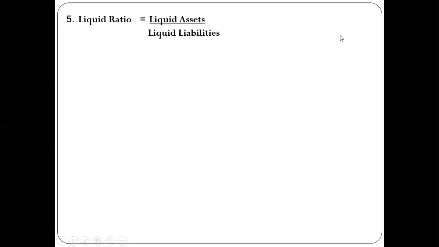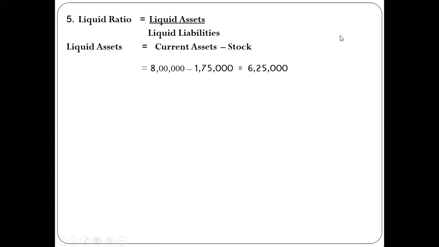Liquid ratio is equal to liquid assets divided by liquid liabilities. Now to find out liquid assets, we have to minus stock from the current assets. Current asset we have already calculated in last ratio. So we have to minus 1,75,000 from 8 lakh, the current assets amount. Then we will get